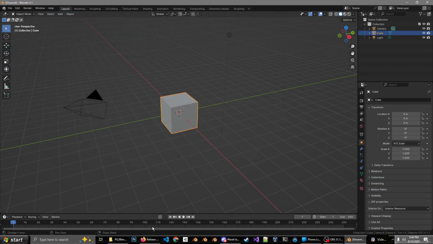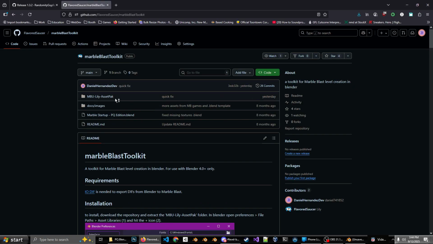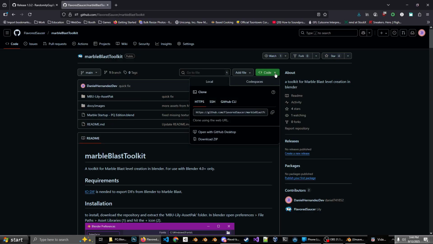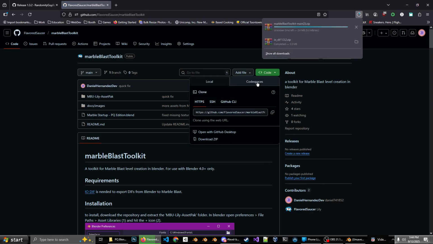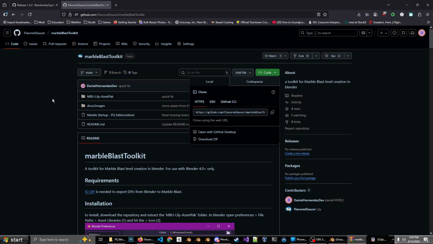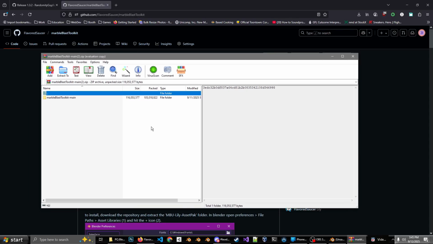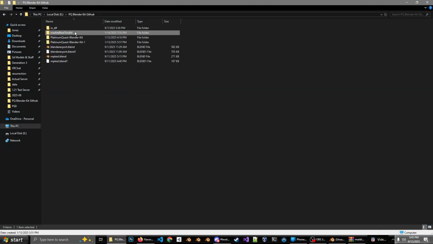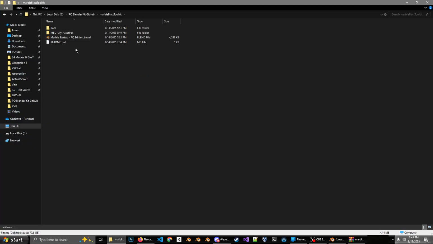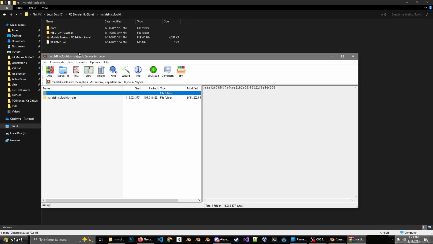So we got that downloaded now, and we're gonna go ahead and go to the marbleBlastToolkit. So we're gonna click code, download zip, and this may take a moment. Okay, once it's finished downloading, open up the zip, and we have marbleBlastToolkit-main. So you're gonna go where you saved it. In my case, I saved it in my own folder called PQ Blender GitHub. So what we're going to do is we're going to open this,